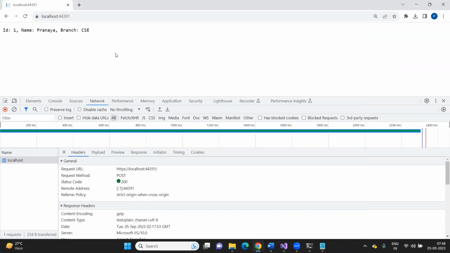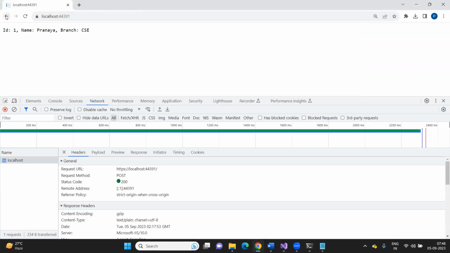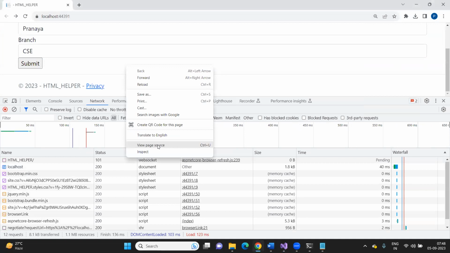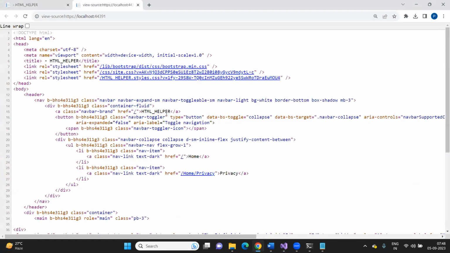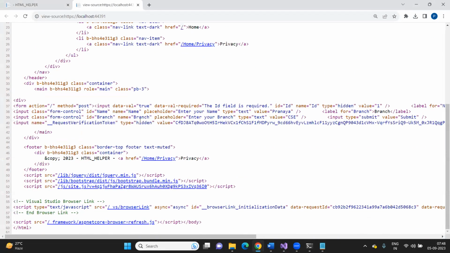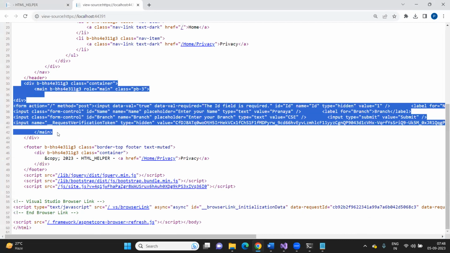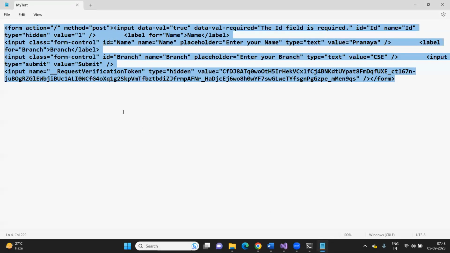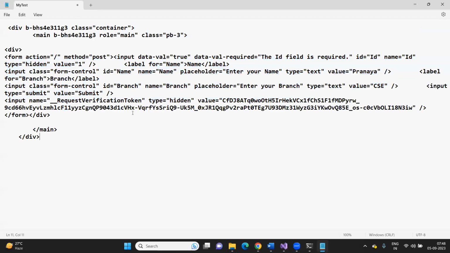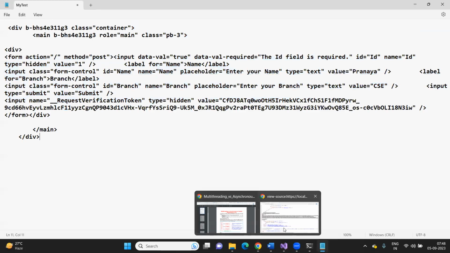Suppose someone copies this form. I hope you guys know what a request forgery attack is. Suppose someone copies this code, do you think that this code is going to work? Okay, let me copy this code, and then what I'm going to do,